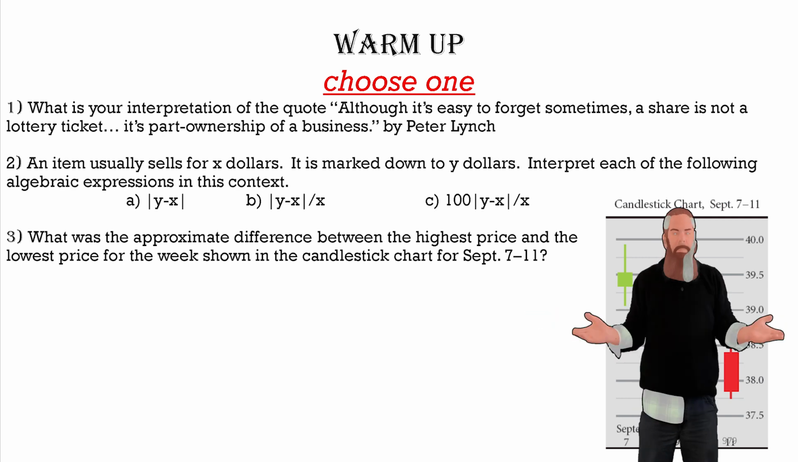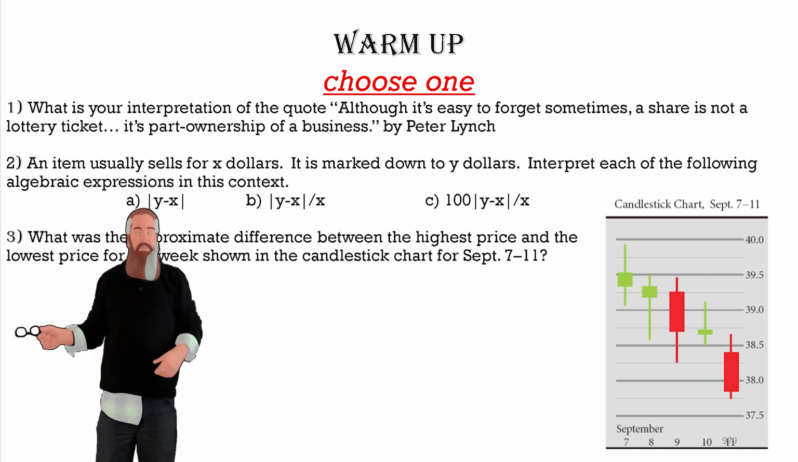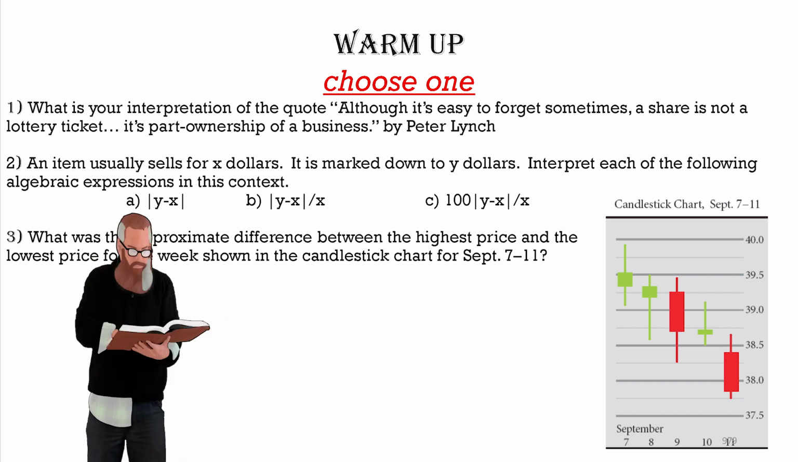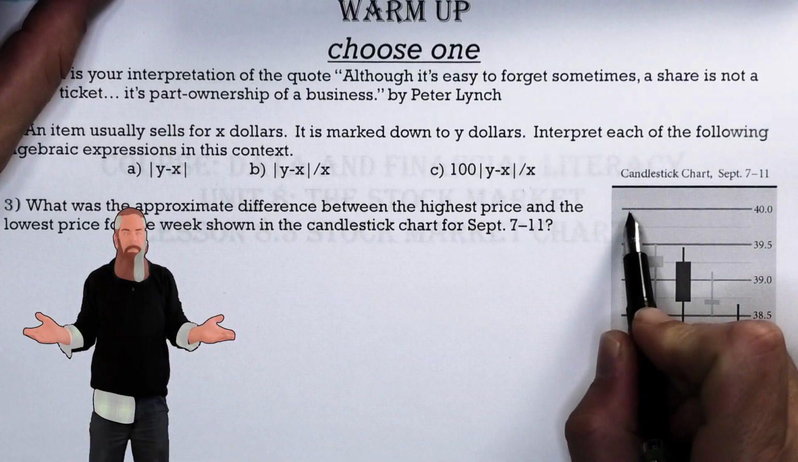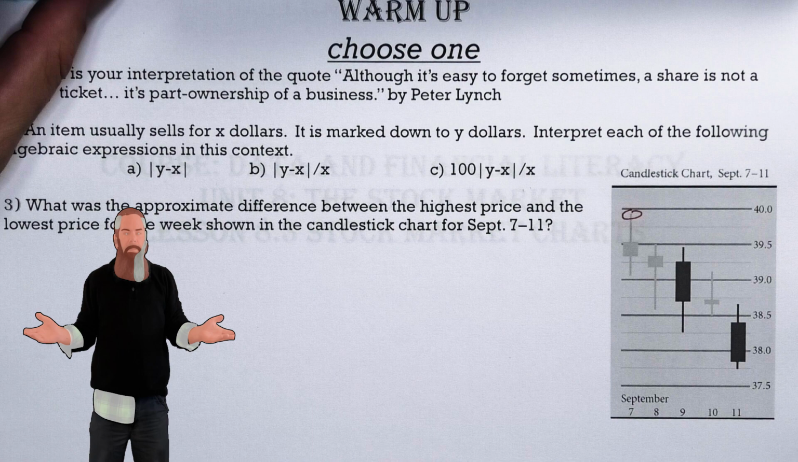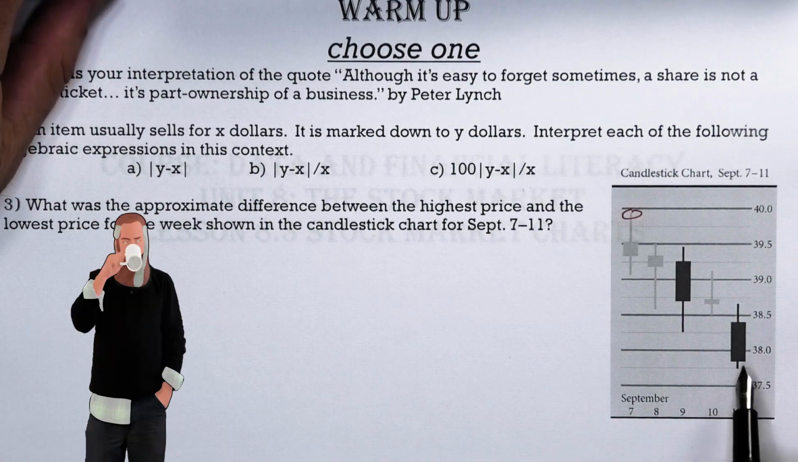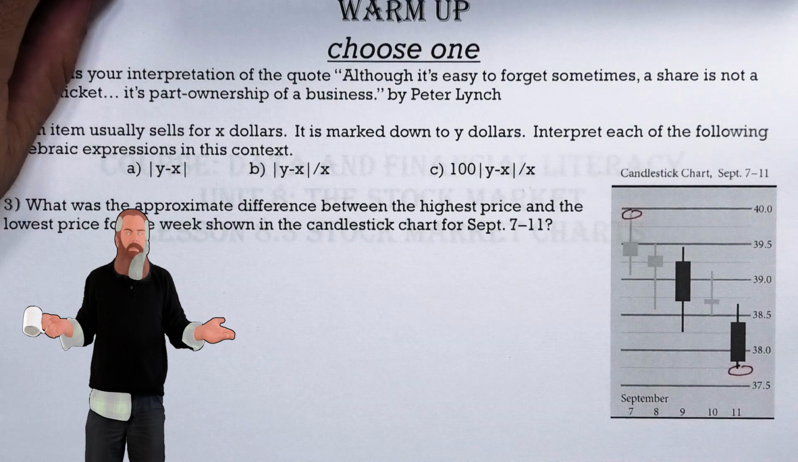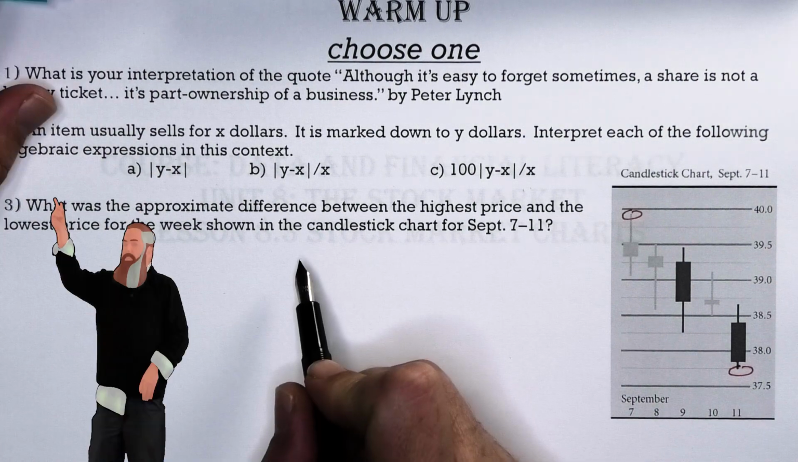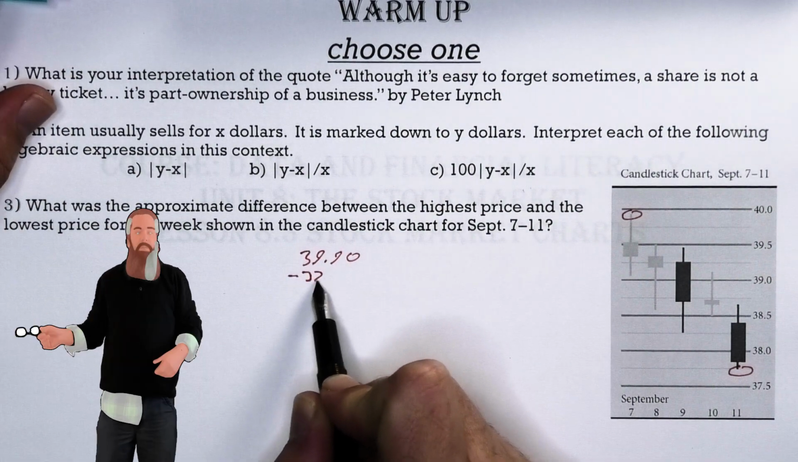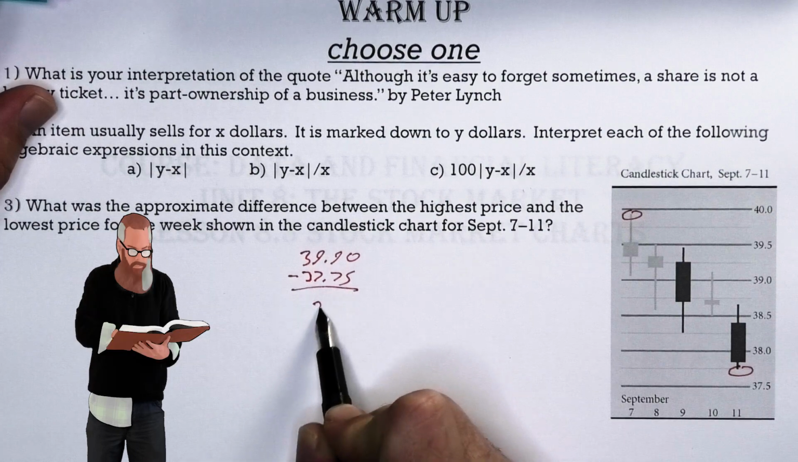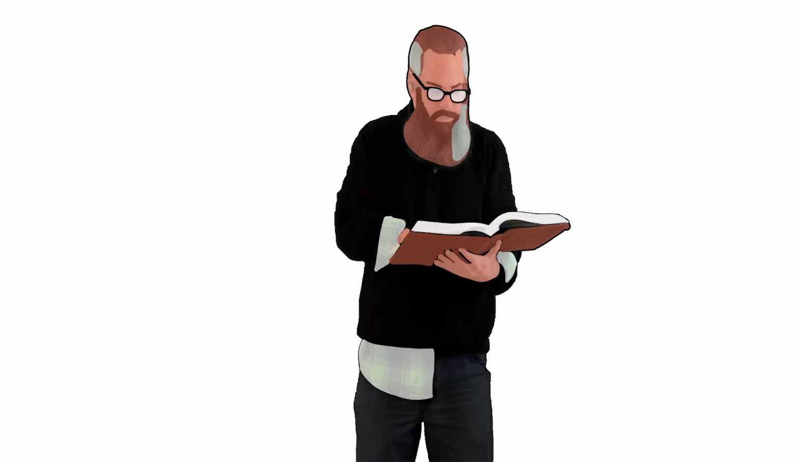the percent of discount. So what is the approximate difference between the highest price and the lowest price for the week shown in this candlestick chart from September 7th to 11th? We can see in the chart that the high on September 7th was about $39.90. And we can see that the absolute lowest price was about $37.75. So the difference between the two would be $39.90 minus $37.75, giving us $2.15. Now, if you couldn't do this problem, don't worry, you will be able to by the end of this